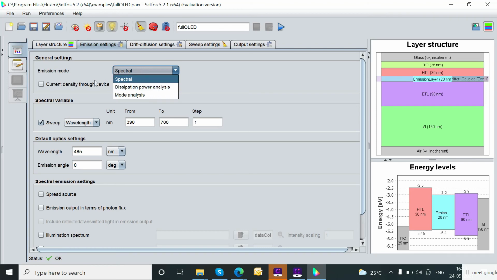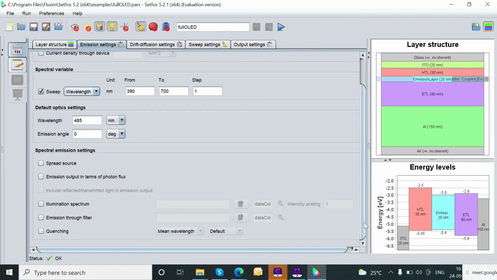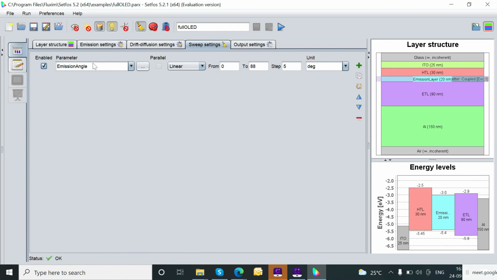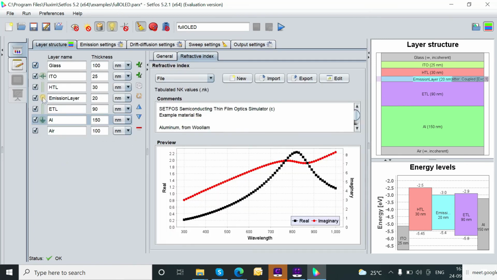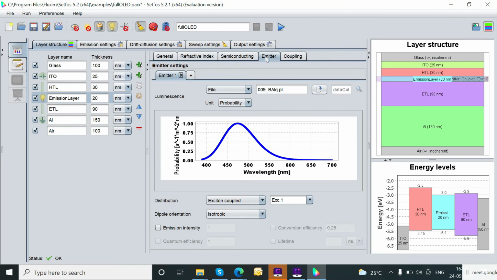Now for LED devices, if somebody wants to work on LED, then let's take one OLED example. This is for OLED. Let me take for OLED devices. This is for full OLED where the emissive layer also needs to be activated. So ITO layer, hole transport, emissive layers, electron transport and aluminum. Okay. And this emission module is activated.